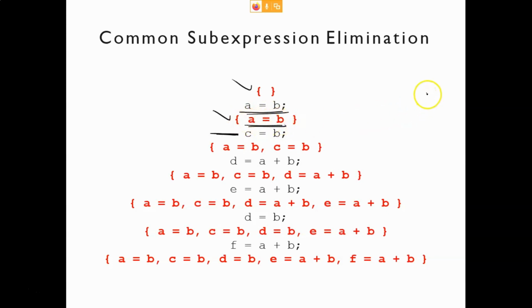It is saying that this B is an available expression and it is present inside A. So this B is an available expression, and it is present in A. This we can detect from the availability expression analysis that we have already done.